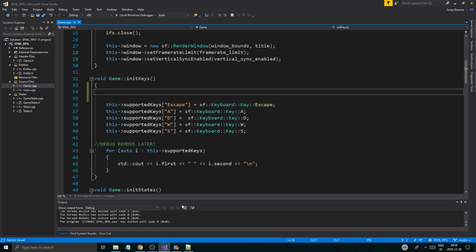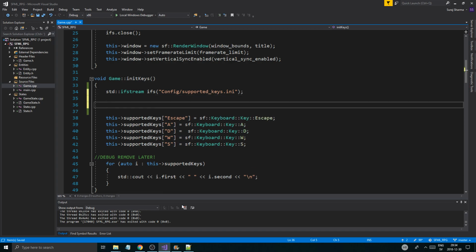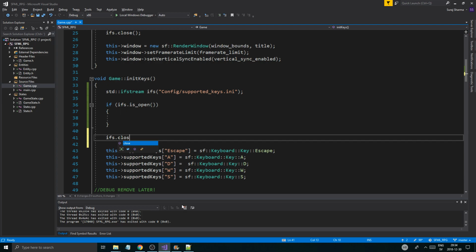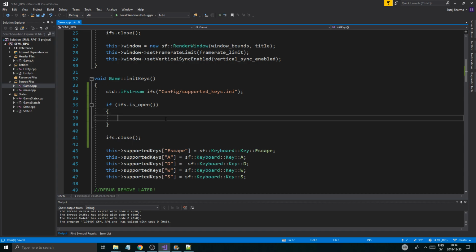Okay, so I want to open up this file, std ifstream, and we're going to go to config and then supported keys.ini. I just want to open that up, and then if is open, we're just gonna run this, and then ifs.close. So now we can read in all of these supported keys from this. So what I'm gonna do is while